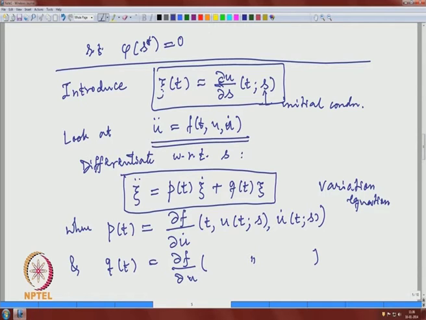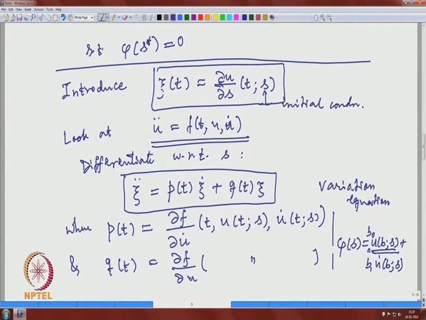And remember why this xi is important. If you go look at the expression for phi, we are analyzing this phi, which is nothing but u of s, b 0 plus b 1 u dot of s, and we are trying to show the derivative of phi is bounded away from 0. So, what is the derivative of phi? It is this derivative of u with respect to s, and that is precisely xi. So, that is why the role of xi is important.